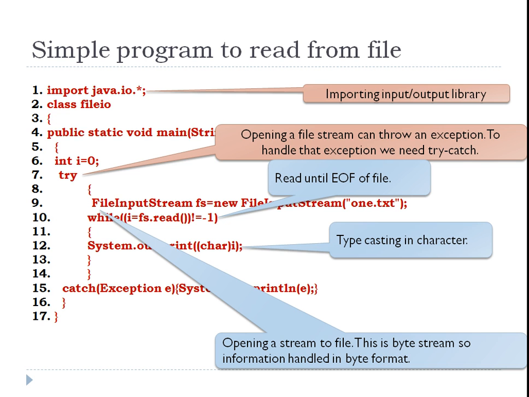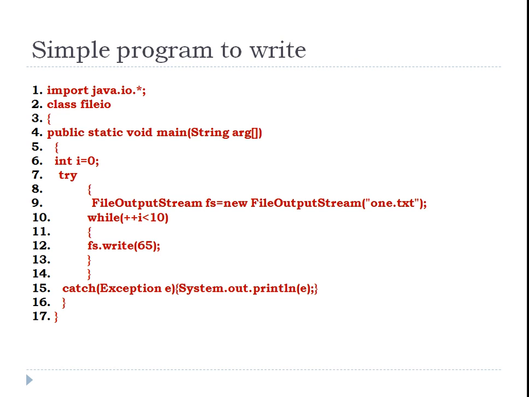Okay, now we want to see writing. So for writing also we have to create an output stream. So FileOutputStream fs = new FileOutputStream("1.txt"), and say I want to write 10 times capital A. The Unicode of capital A is 65. So I have used a while loop. It will run 10 times, and I am performing fs.write, which is used to write 1 byte. So it will write